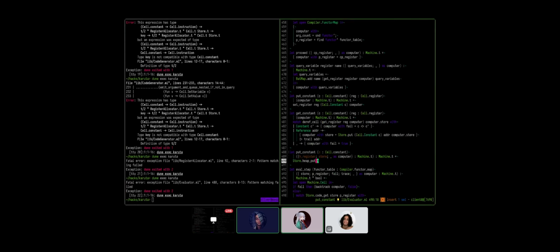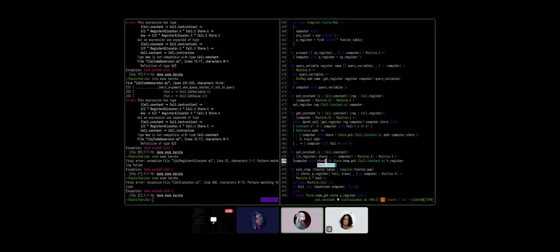Heap put cell.constant c in the H register. And all of these in computer with store equals this thing. And don't forget to bump the H register plus 1.